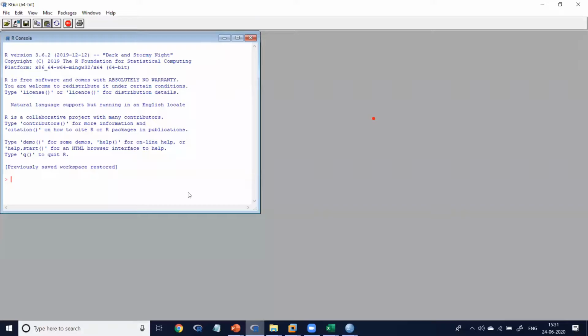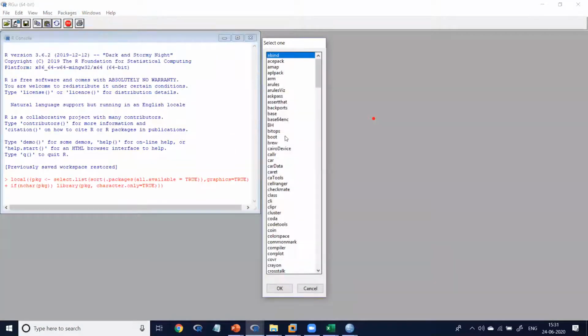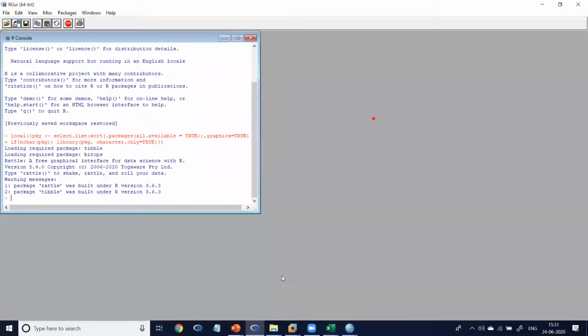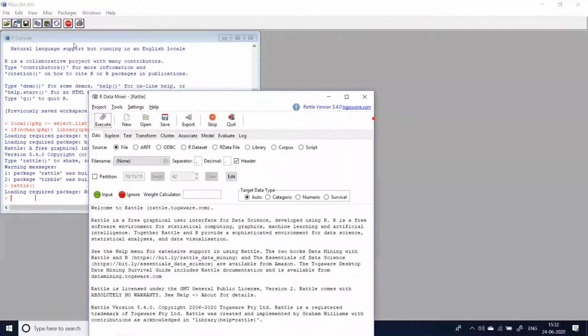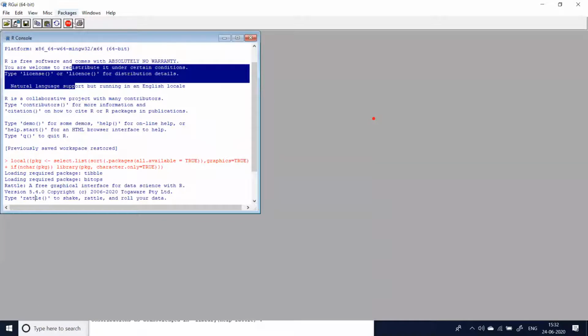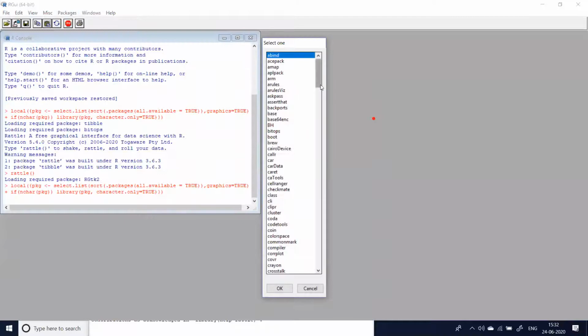Now open your Rattle also, and one more tool, R Commander, RCMDR.